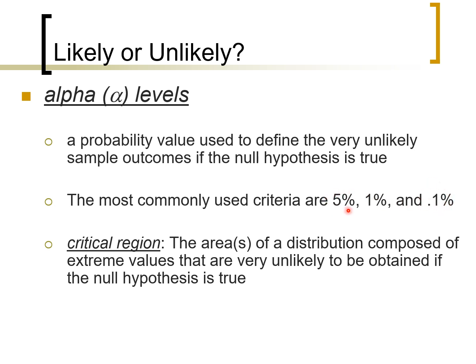Whereas with 5% of the distribution that our sample mean can fall into on those extreme ends, it's more likely that we reject the null, but there's also a 5% chance that we did so and it turns out it was just due to sampling error. There is no effect. Still, that's one chance out of 20, so we're still pretty confident that if we reject the null because it falls in that critical region, we did so with good reason.